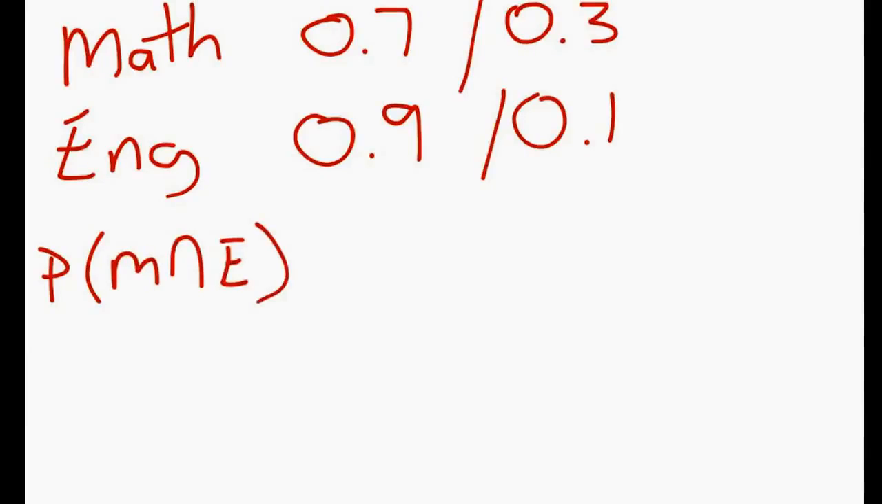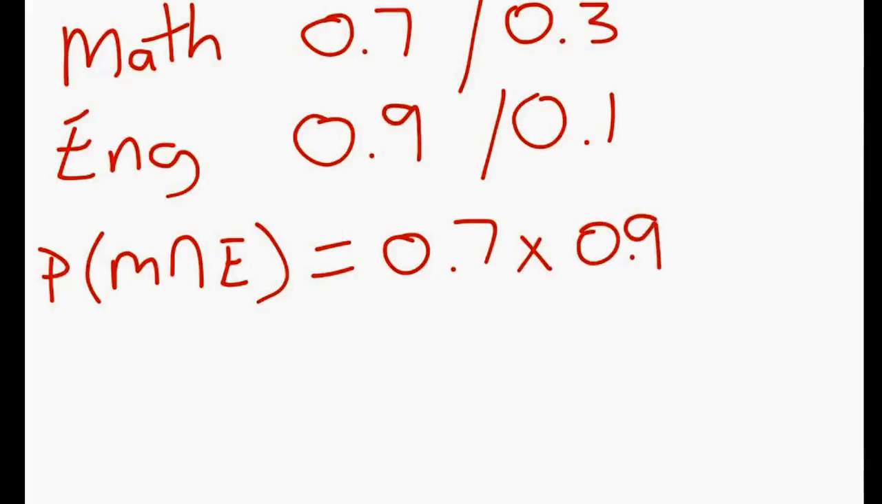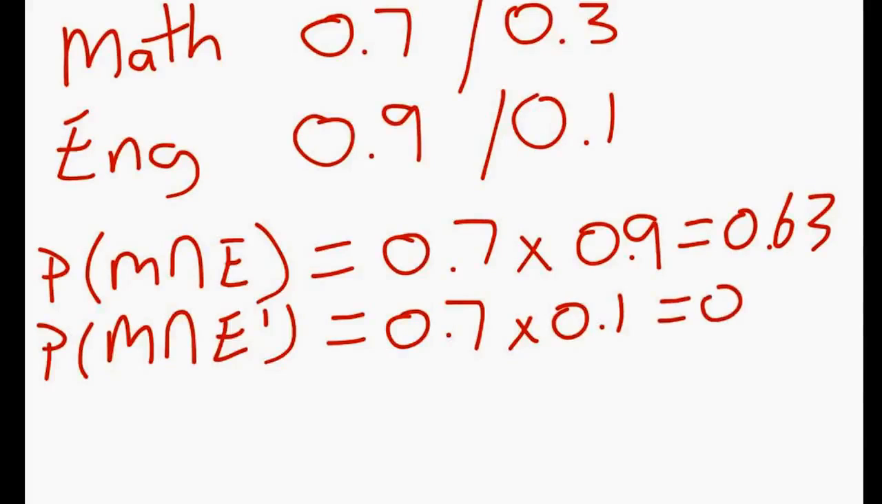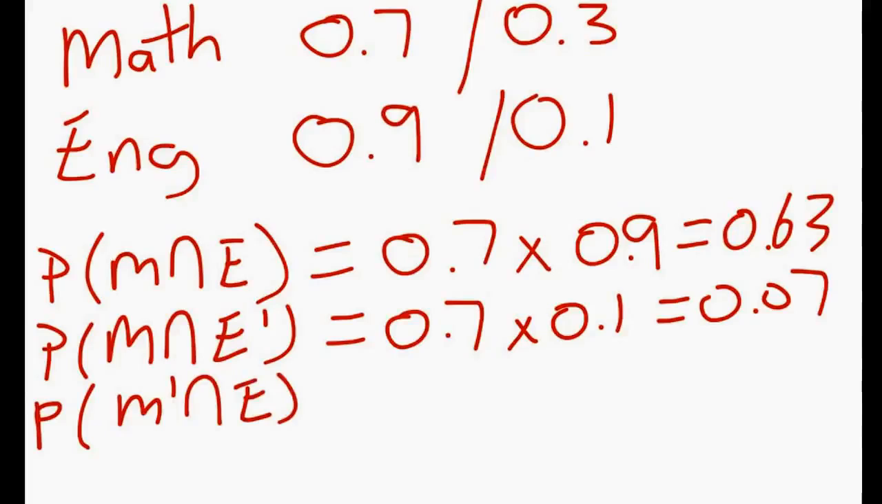Then you just make sure you pick the right probability. Chance of passing math is 0.7, English would be 0.9, multiply the two together, gives you 0.63. Then if the question said what's the chance of passing math but failing English, we want to do the complement. So math is 0.7, failing English would be 0.1, so we'd have 0.07 chance of that combination. Or if I said what's the chance we fail math but pass English, then you'd have 0.3 times 0.9, which would be